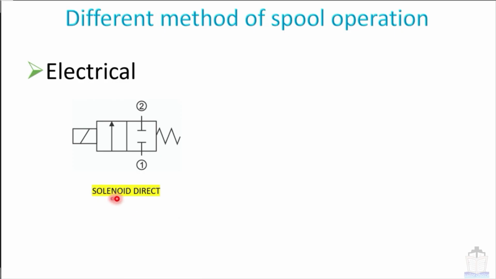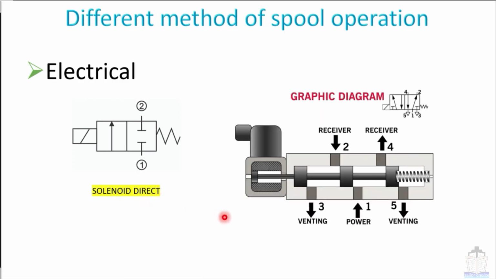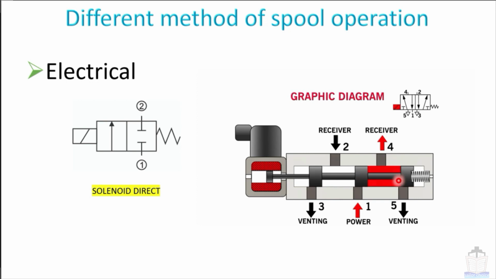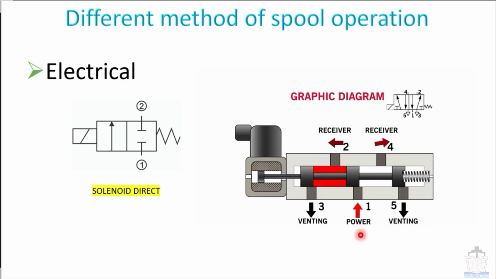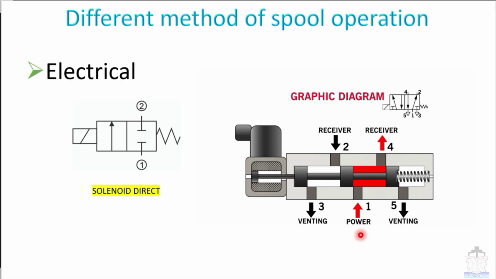Now I am going to show you the solenoid direct with animation. You can see that when this solenoid is energized, it will directly move the spool towards the right side, and hence the direction of flow of air will be changed. So that is called the solenoid direct. Now next